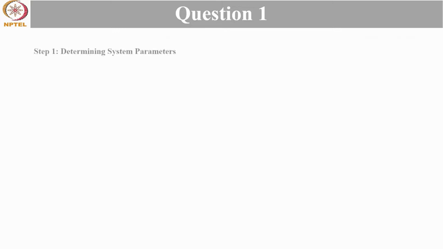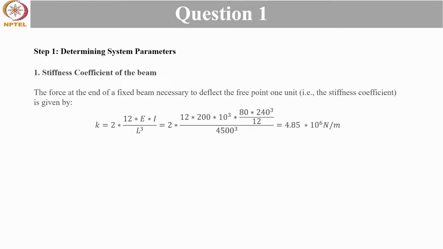Okay, so the first step, as always, will be determining the system parameters. So, what are the values that we know, and what are the values that we can derive from the question first? So, first is the stiffness coefficient of the beam. So the force is acting at the end of a fixed beam, and so what is the stiffness necessary to deflect the free end by 1 unit? It is given by 12 EI by L cube. But since we have